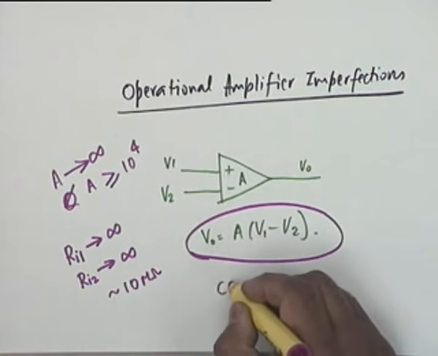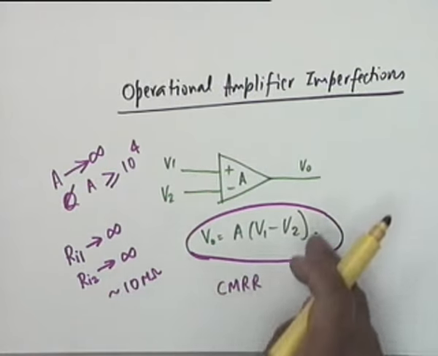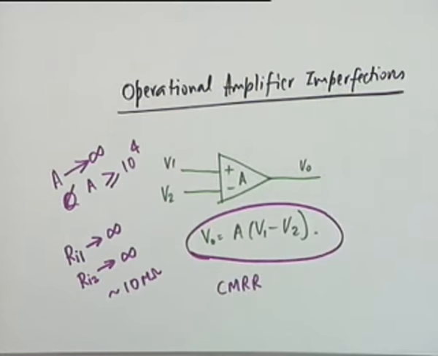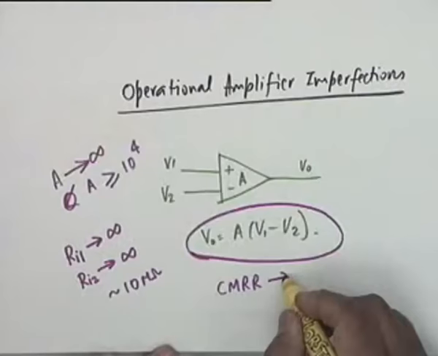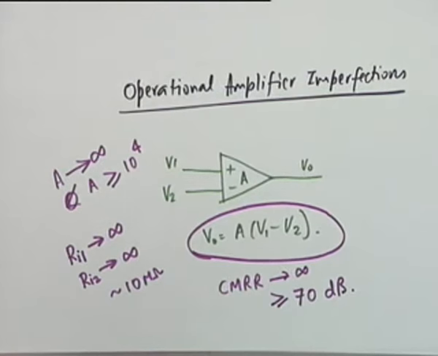The CMRR, we have assumed that if V1 is equal to V2, then V0 equals 0. This relation says that if V1 is equal to V2, it is 0. Now, you know from the first stage, the differential amplifier, that CMRR is not infinity. Our ideal value of CMRR is infinity, but in an op-amp, usually the CMRR is greater than 70 dB, not more than that. There is a common mode gain, but the common mode gain is small enough and the ratio is approximately 70 dB.